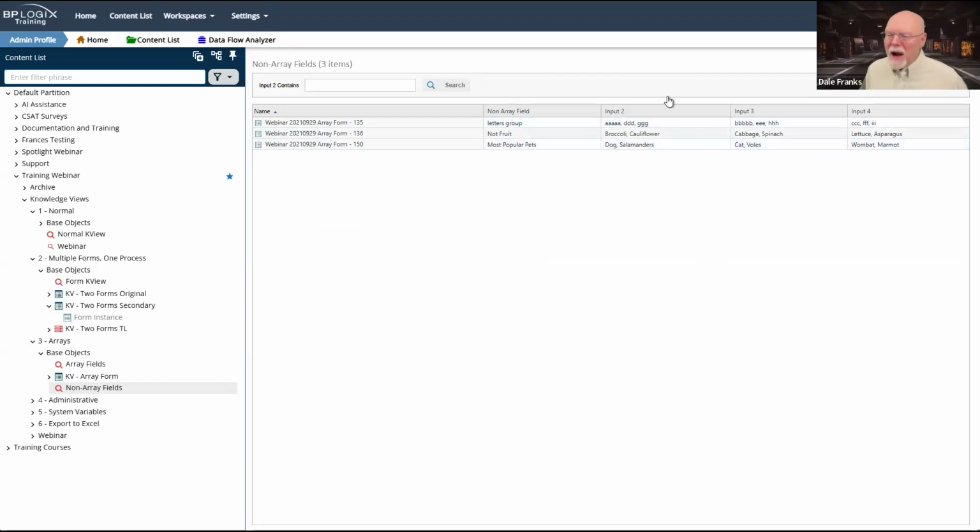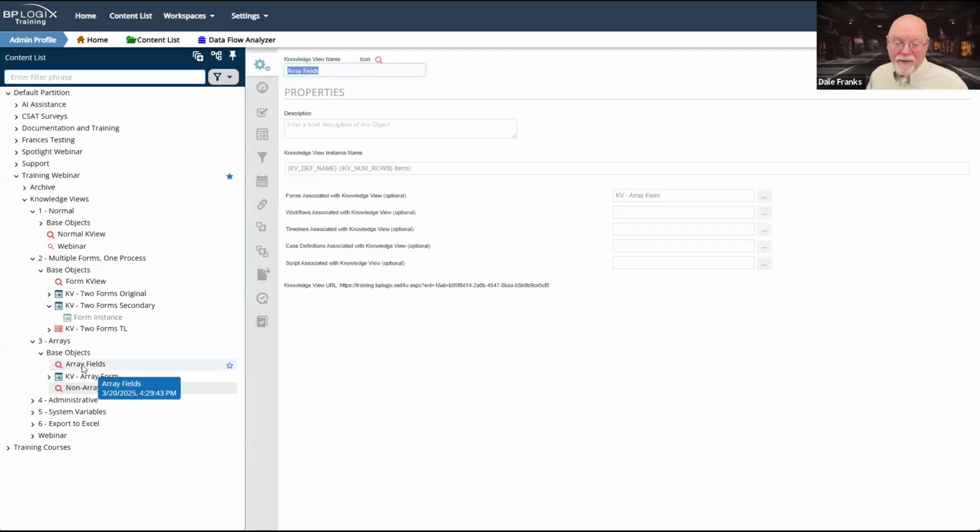And by the way, I did it wrong. The first column would be input 2, AAA, DDD, GGG, BBB, EEE, but still I'd have to know the position. So this is my first item. This is row 1. DDD is row 2. GGG is row 3. I have to do all that math in my head to figure out which of these values in each of these fields belong to each other.